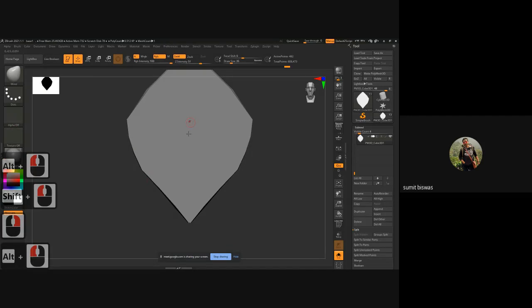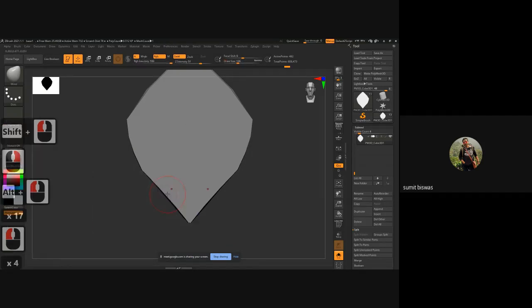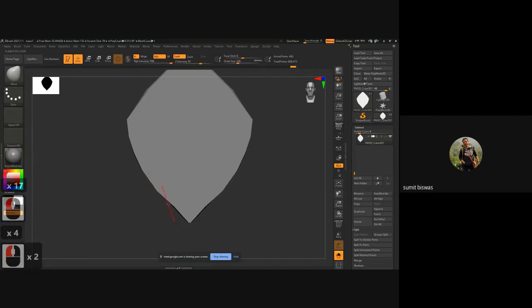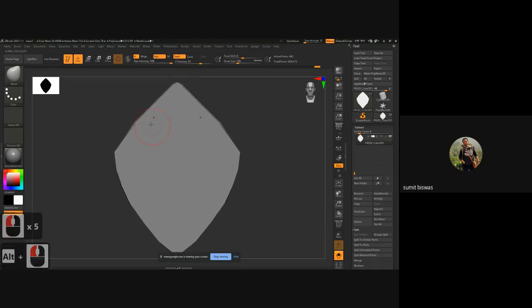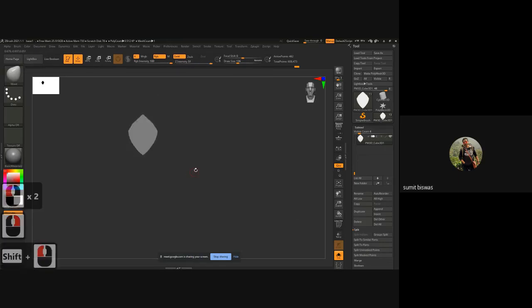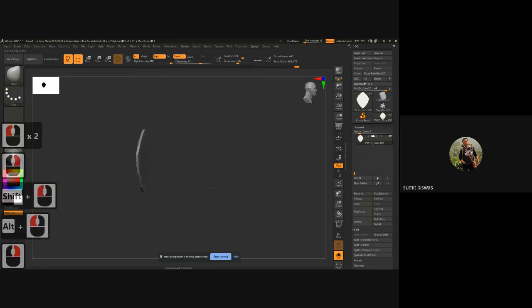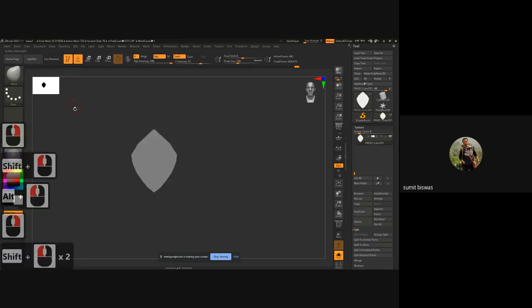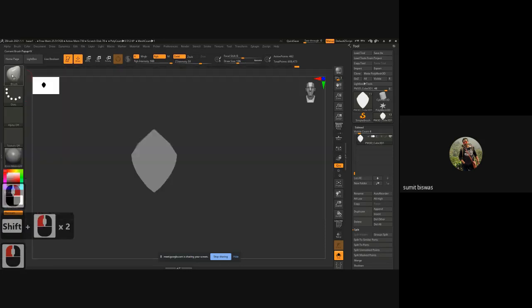It's slightly more curved than this. I'll make it slightly curved so it looks nice. And this part also. So my scale is ready.